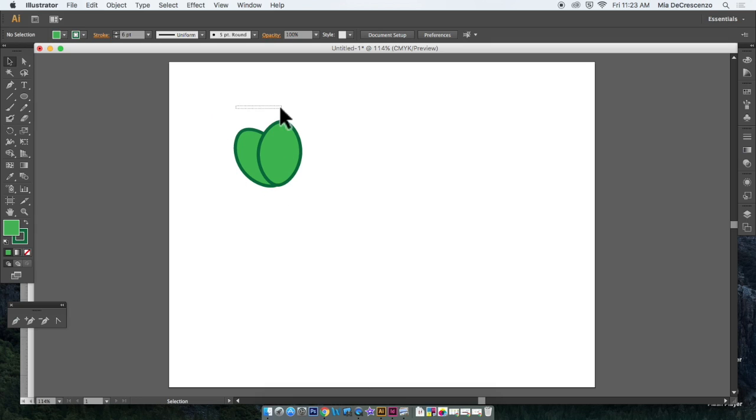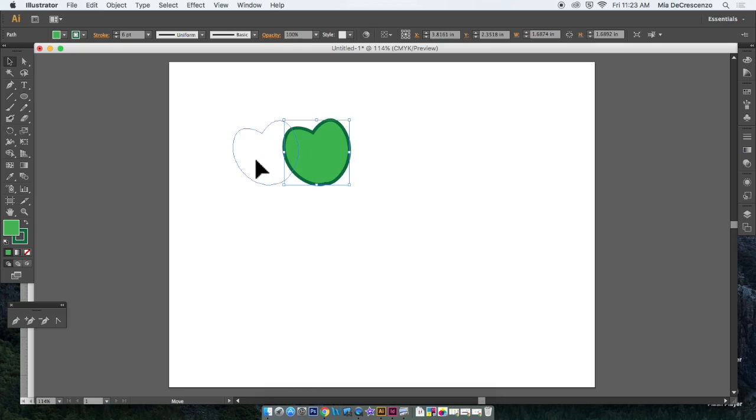So what I can do is put a bounding box around both of them. I know that they're selected because this box encloses both of them. And I'm going to come over here to my Shape Builder tool. I'm going to click and drag all of these areas, and the Shape Builder will connect them together. Then what I can do is I can rotate them a little bit, and I'm going to copy it holding down Alt